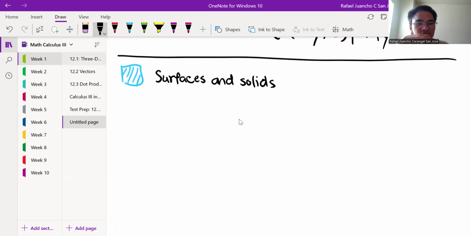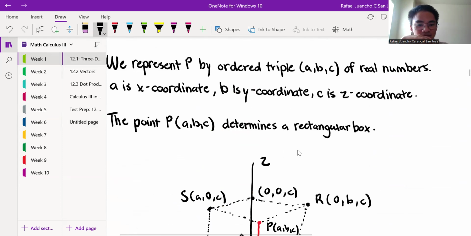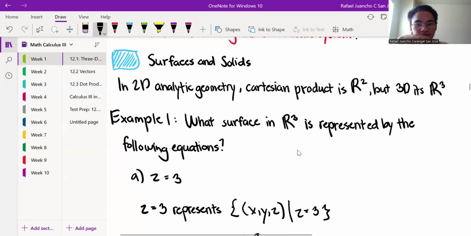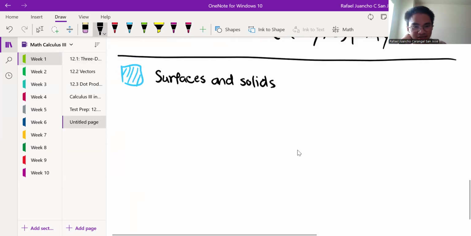For surfaces and solids, in 2D geometry, the Cartesian product is R to the power of 2, R squared. Let's write it. So in 2D, the product, or the Cartesian product,